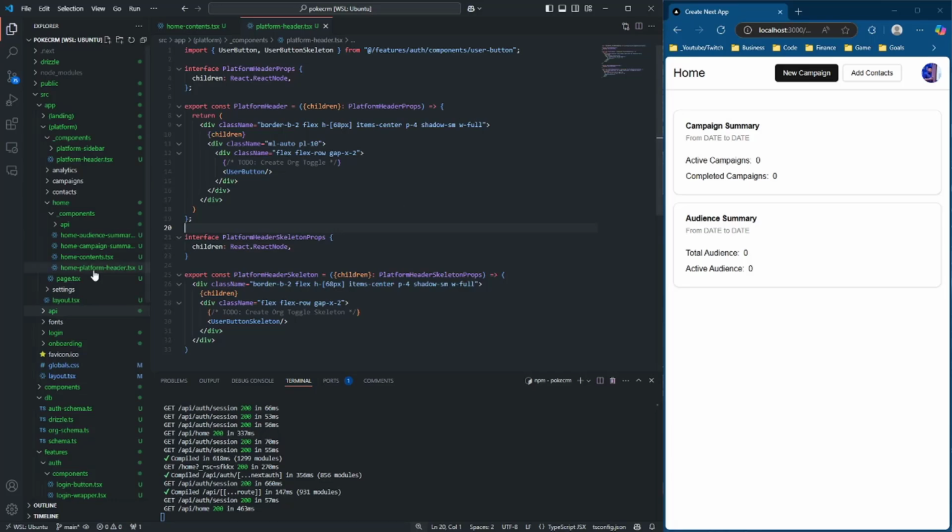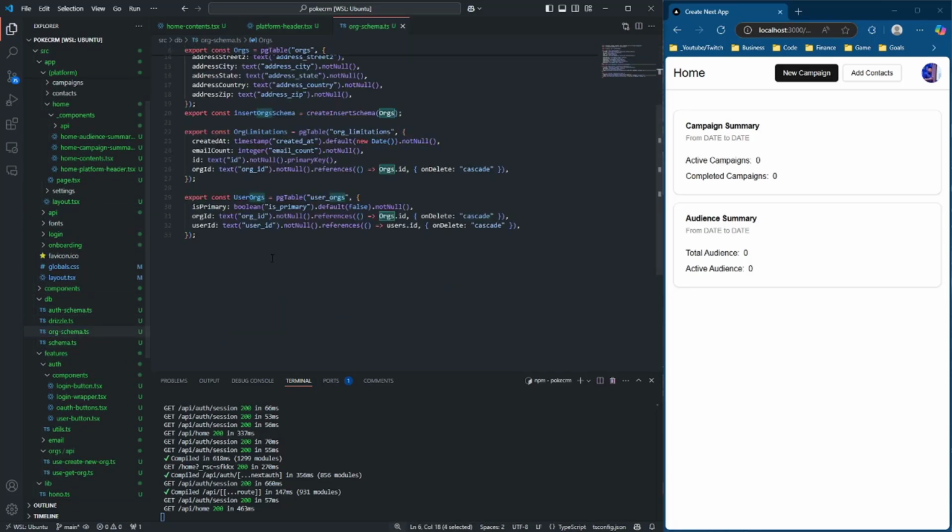So if you remember, if we go back to our database here in org schema, we allow for this user orgs table here to allow for a relation between a user ID and an org and whether or not it's someone's primary org. And just a little reminder, a primary org is the organization that a user is currently actively working on. The one that if they're doing any actions like creating a new campaign or adding a contact, they're adding it to that specific organization. The relation between the org ID and the org user allows for us to track that